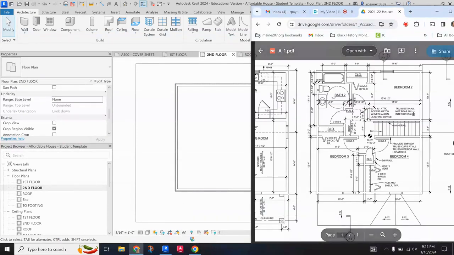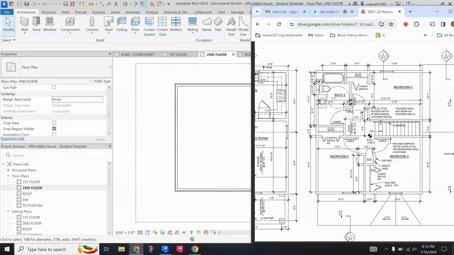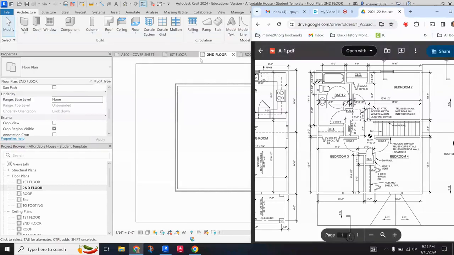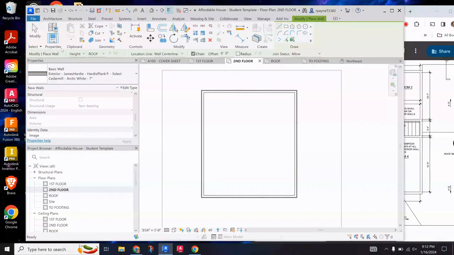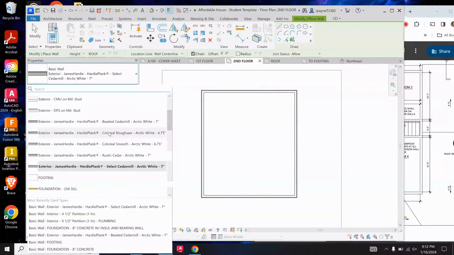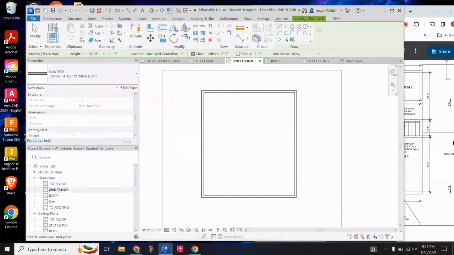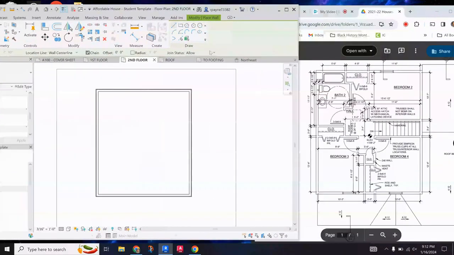I want to put in all these walls now. And so let's see. It doesn't look like there's any 2x6 walls here. It looks like these are all 2x4. So I'll, again, make this a little bit smaller. Say wall, and switch it over to an interior 4.5 inch. And let's see, so on the side of the stairwell, I've got this wall, and then it comes up and over and down,